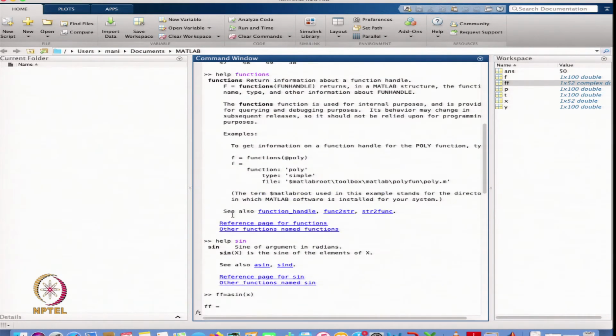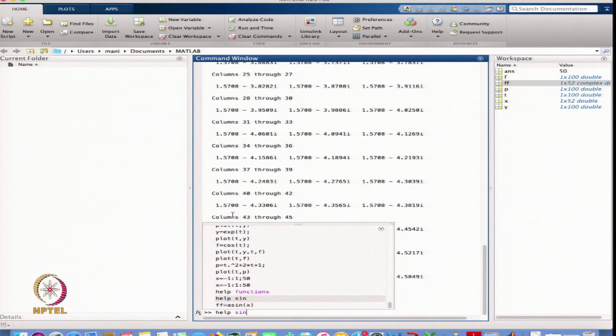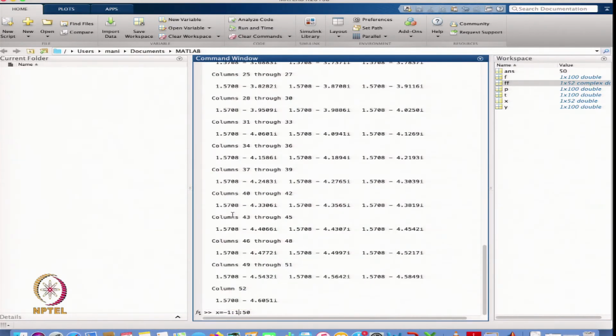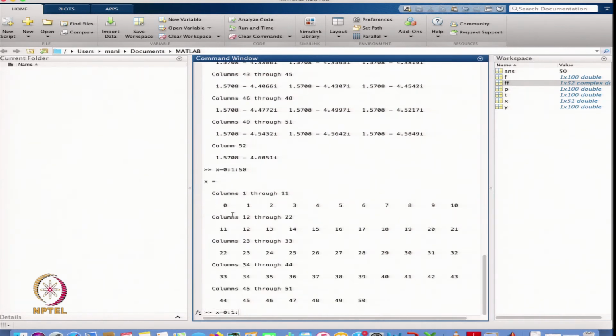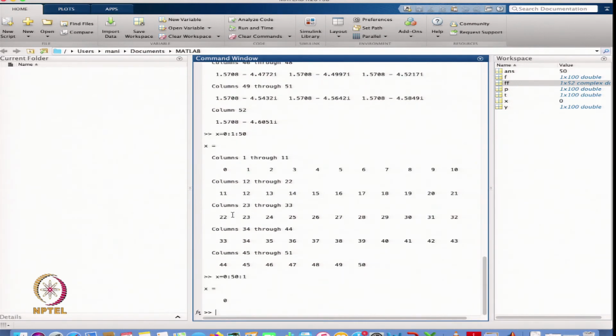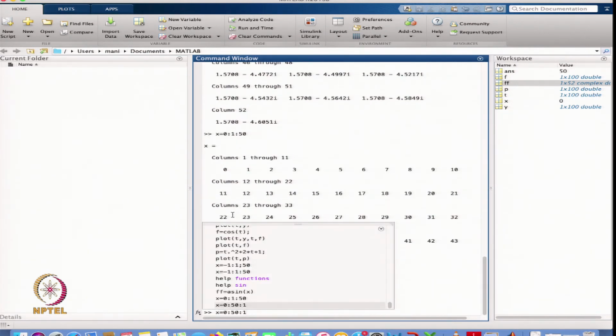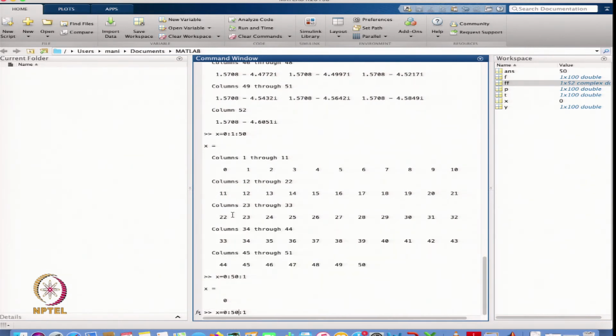Because here I should define my mesh from 0 to 1, that is it. Or maybe I can define this with linspace starting from -1 to 1 with 50 points.